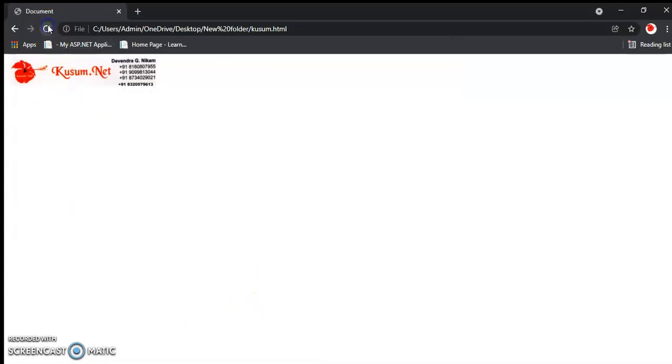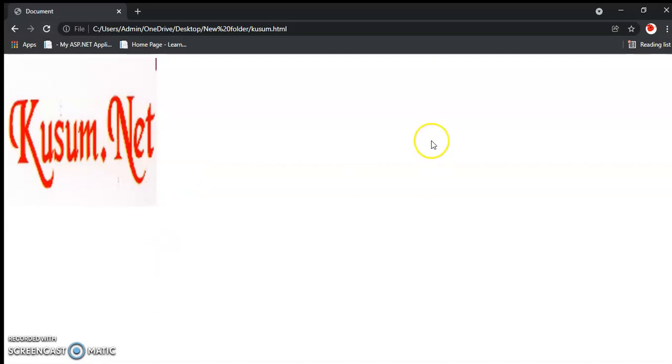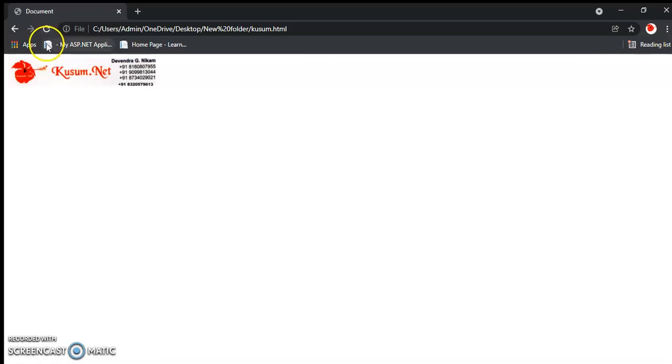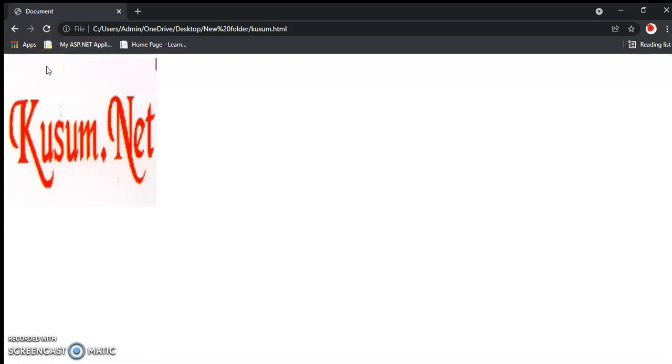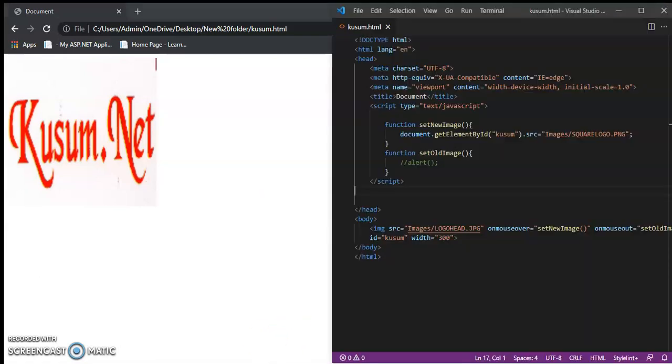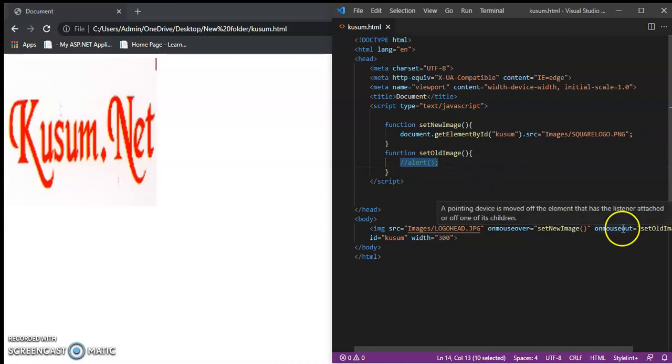Refresh the page, and when I mouse over the image, it displays the new image. You can see that when I mouse over the image, it displays this new image. But when I mouse out, it doesn't set the old image. So we will set that. Let's copy this and paste it in the second function for on mouse out.